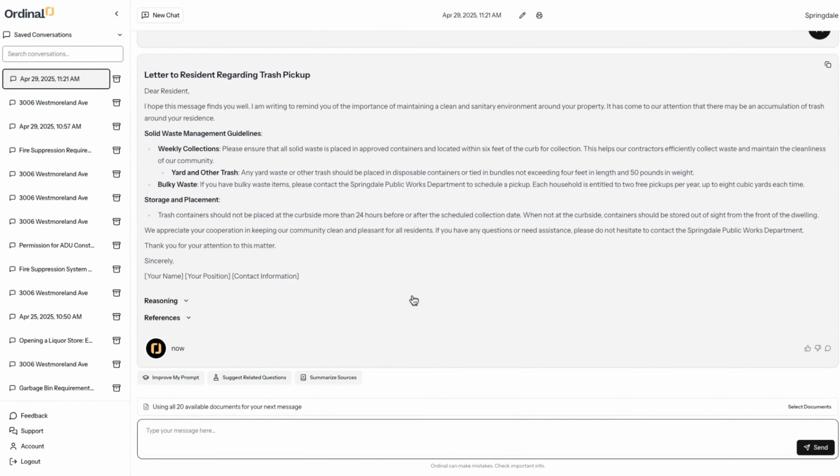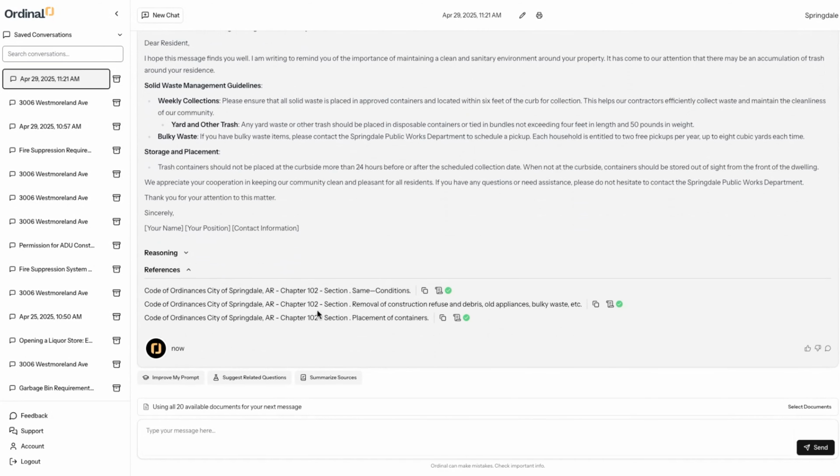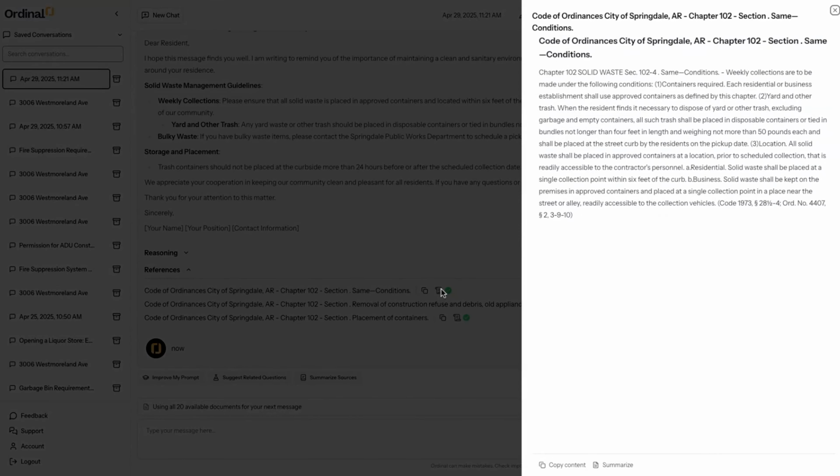And if we want to know where it got this answer from, we can look at the references. We can open up some of these. So let's see, Code of Ordinances, Springdale Chapter 102. They mention here weekly collections. This is talking about trash pickup. So if we needed to, we could copy this content, or we could summarize it, and we could include that